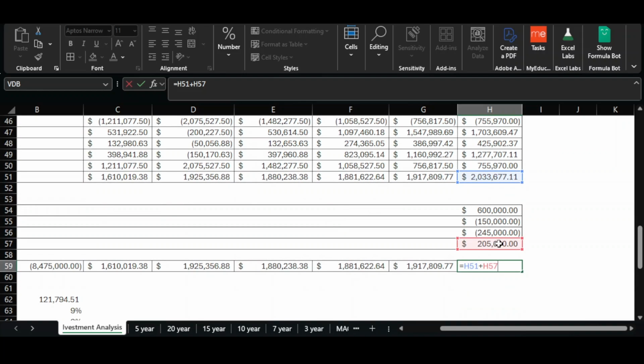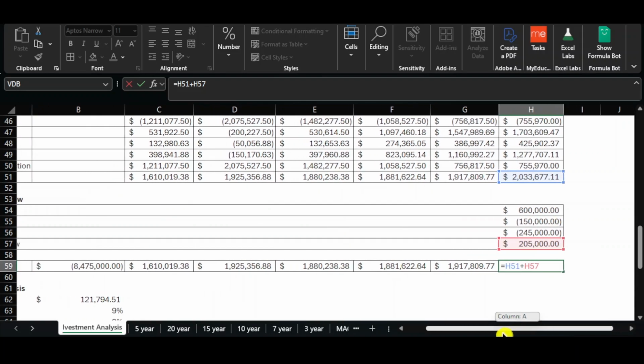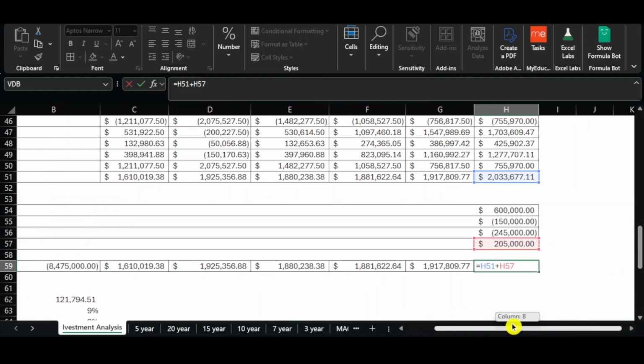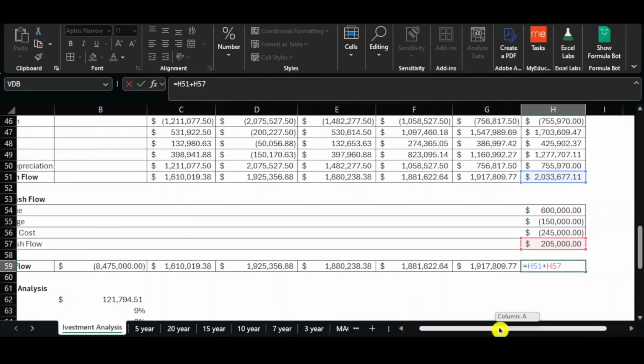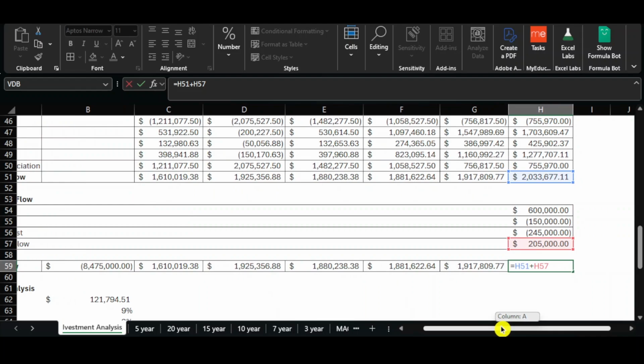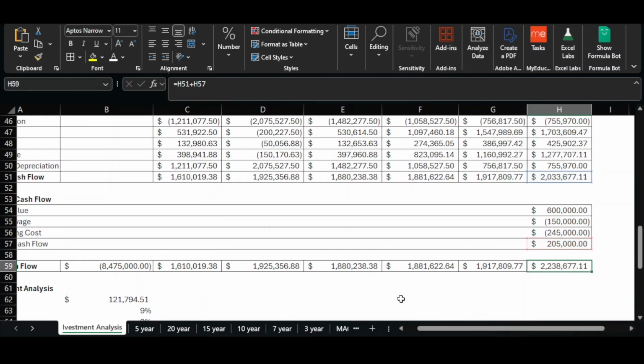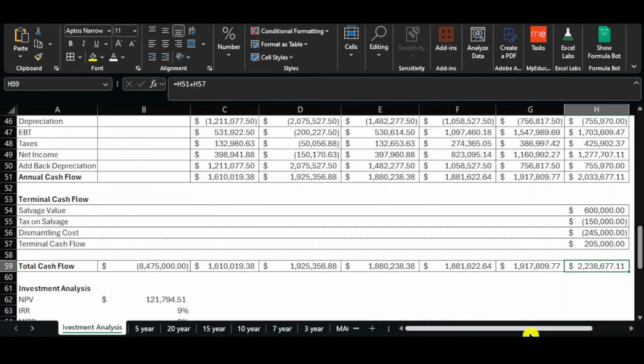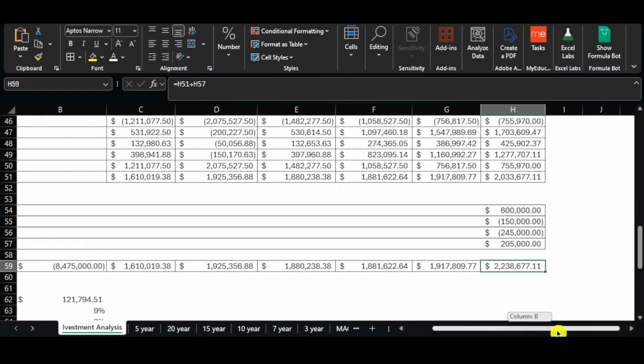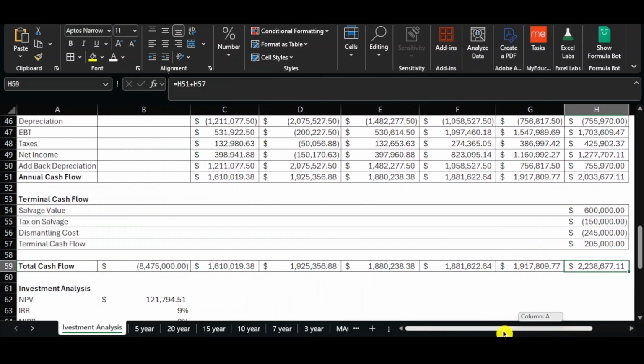That's the annual cash flow initially measured, but this time it adds the terminal cash flow because that's an added value. Okay, so your total cash flow, that's why it's called total cash flow, because it adds anything else that you gain from it, which is 205K more that you got from selling the value of what you salvaged. You got yourself another cash in the business. Okay,